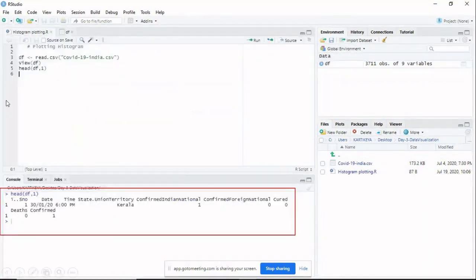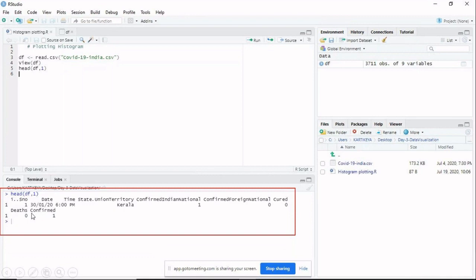If I write head(df, 1), it will display in our console the different header names for this particular data set: serial number, date, time, state dot union territory, confirmed Indian national, confirmed foreign national, cured, deaths, confirmed.